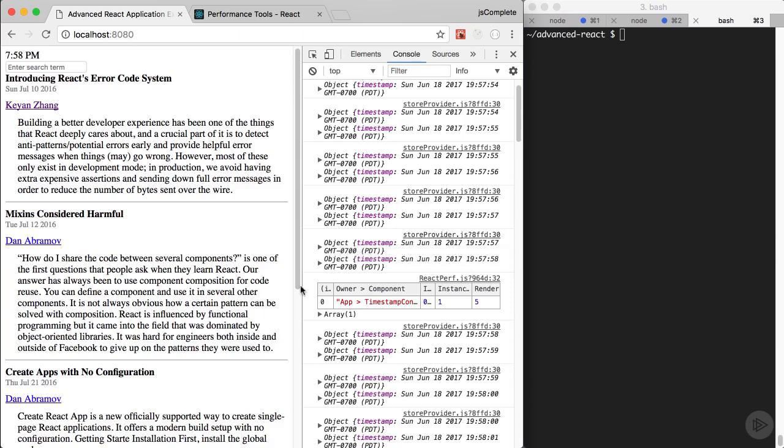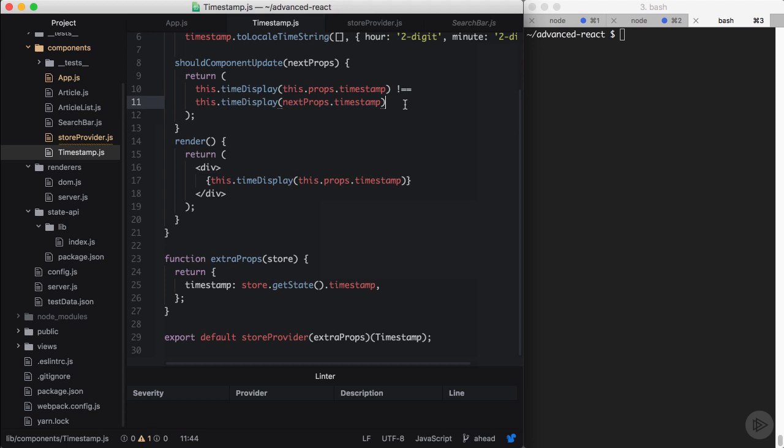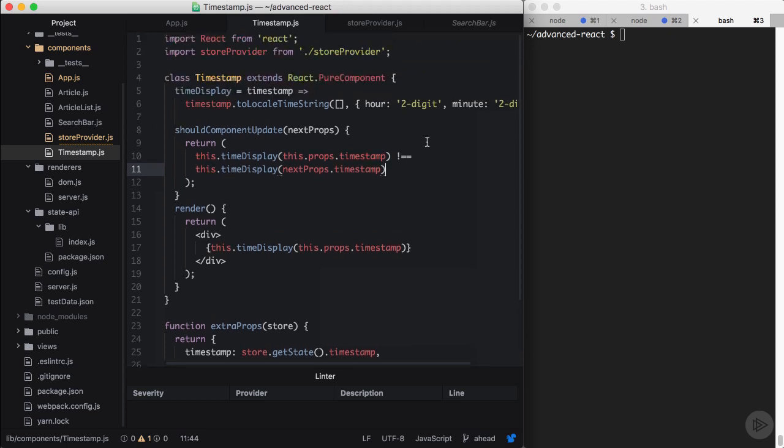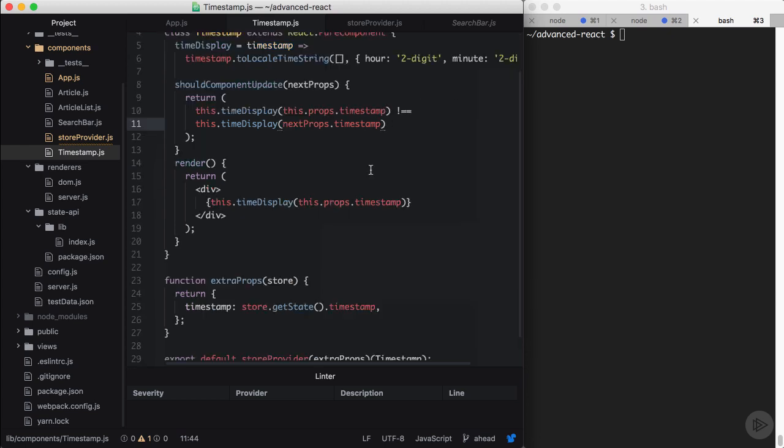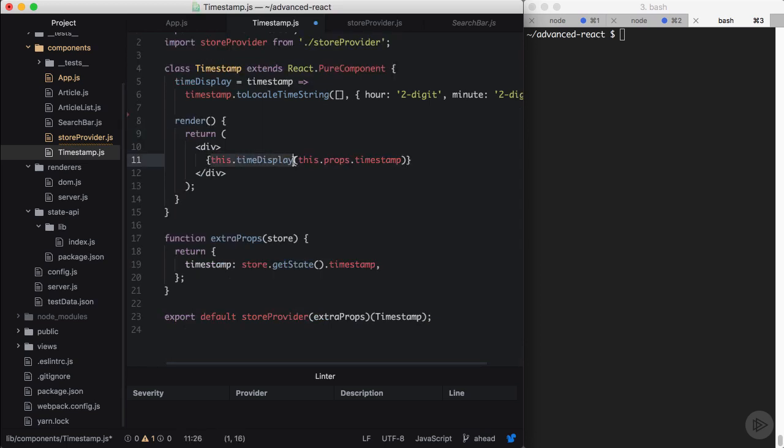So why is the timestamp component being wastefully re-rendered every second? Well, because we have the logic of time display in here inside the timestamp component itself. So the timestamp container is still ticking every second and it's still changing the timestamp value, and the display portion, the timestamp component, is only re-rendering every minute. So we can fix this problem by moving this logic to the timestamp container component. So instead of using a shouldComponentUpdate here, and instead of rendering this time display timestamp in here, we can do something like